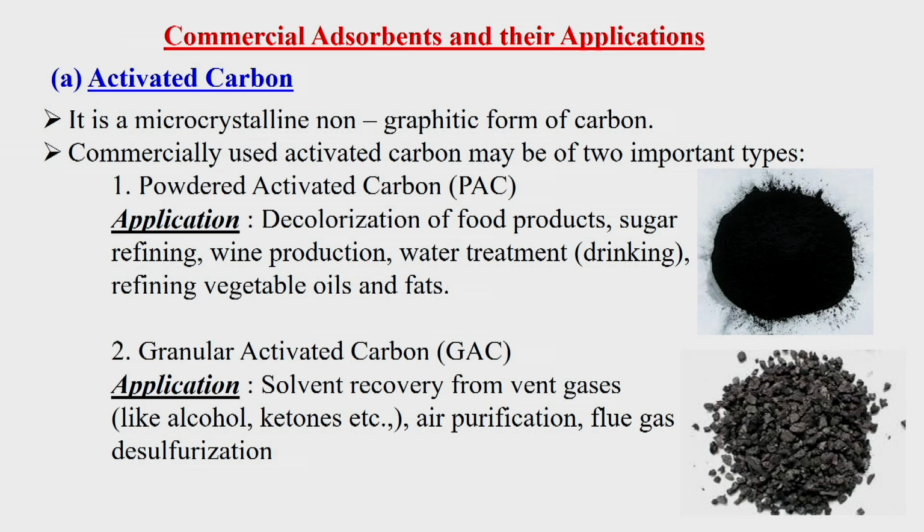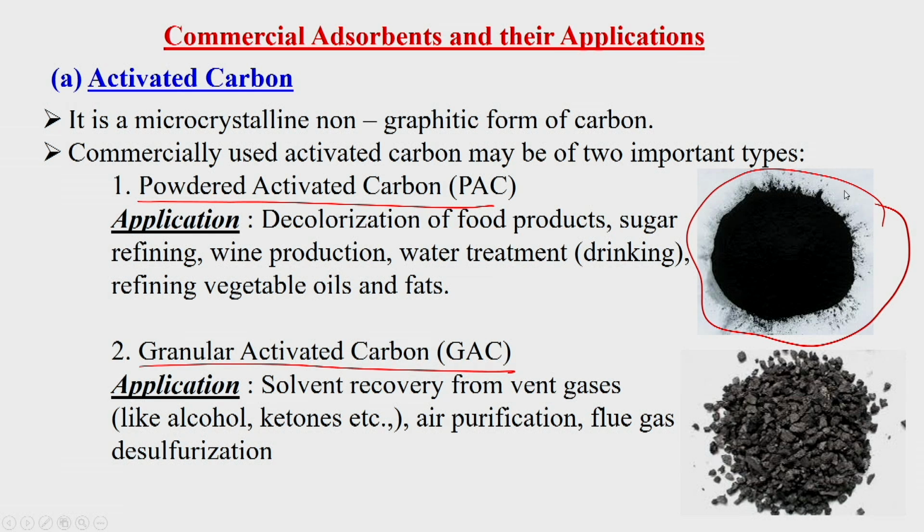And we have so many commercial adsorbents, and their applications are also diversified. The most common one is activated charcoal, or activated carbon. It is a microcrystalline graphitic form of carbon. There are two different types of activated carbons: one is PAC and another one is GAC, that is powder activated carbon and granular activated carbon. Powder activated carbon is a highly powdered material, and sometimes the powders are in the nanometer range also,